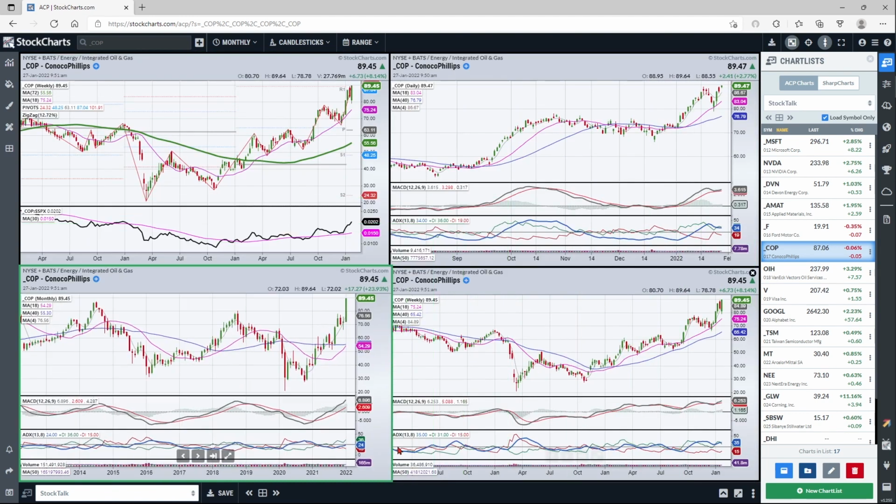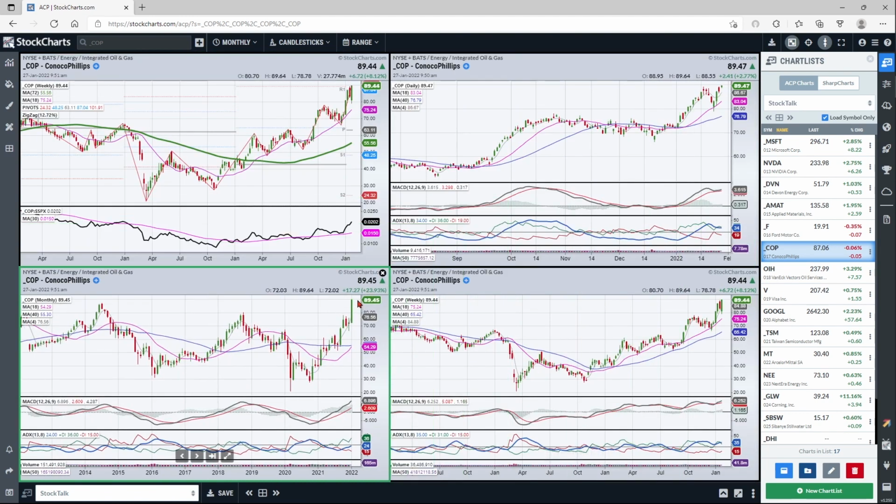So a lot of times when I see that, I expect it probably finishes off the month at the high end, maybe get a little follow through into next month, and then we start to correct or consolidate. But same concept here as DVN. Momentum is good, making higher highs and higher lows, good momentum characteristics, especially on the weekly, and in this case on the daily as well.